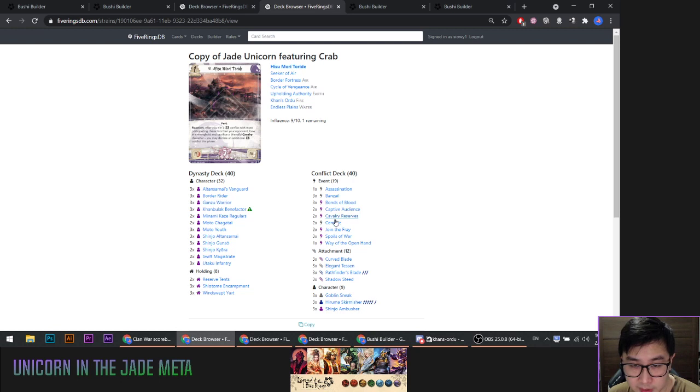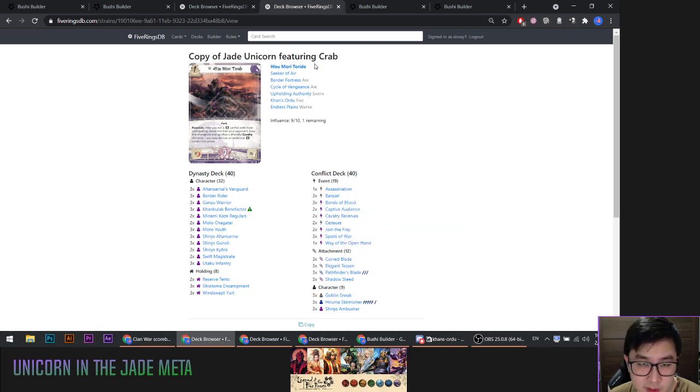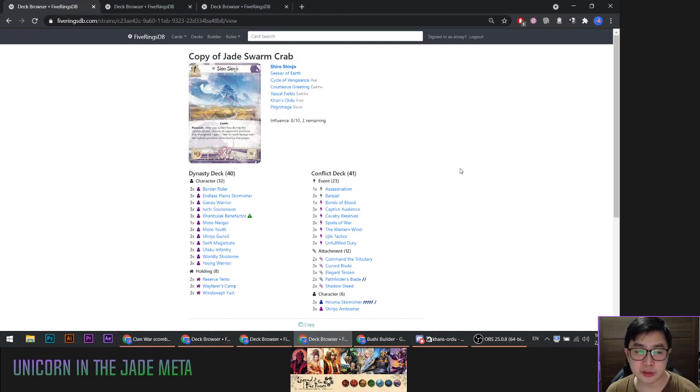Yeah, maybe Censure 2 is a bit optimistic, but yeah, something like this I think is really strong. Another direction that Unicorn has right now is the Shiro Shinjo. There's a variety of Shiro Shinjo decks, which is really interesting. So one of them is Swarm, and this list was shown to us by Dirty Deeds. He showed us the power of Swarm,